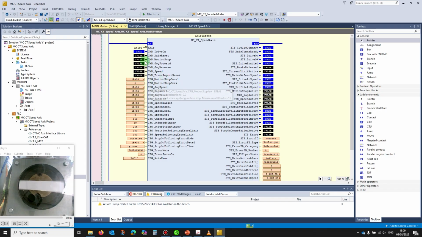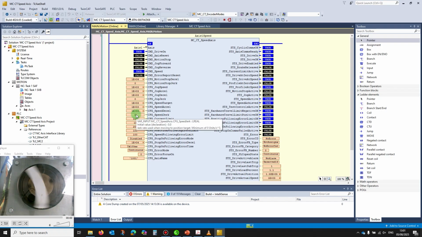So next thing, let's try the speed. The idea is that the jog reference is for something like manual buttons. So the user's got a button pack and they're manually, by eye, positioning the axis. The speed reference is more or less the same thing, only it's intended for automated running. So here we go, we can see that the speed reference is running using our speed target,